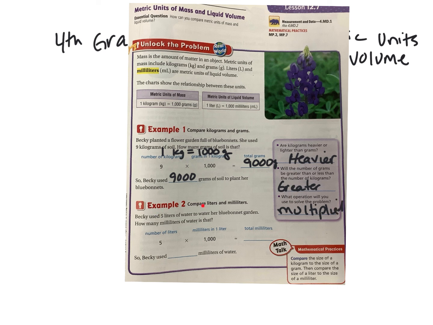Okay, let's compare liters to milliliters. We know that 1 liter is 1,000 milliliters. Becky used 5 liters of water to water her bluebonnet garden. How many milliliters of water is that? Well, if 1 liter